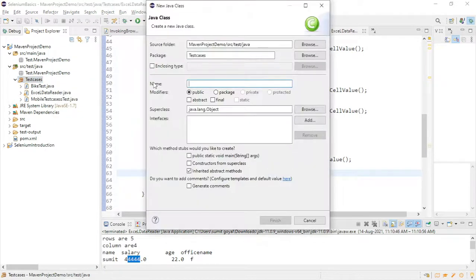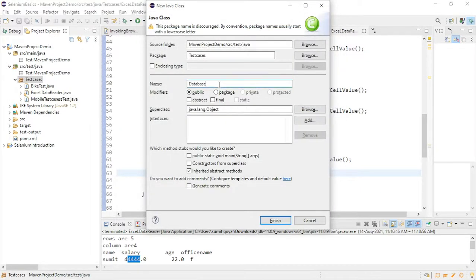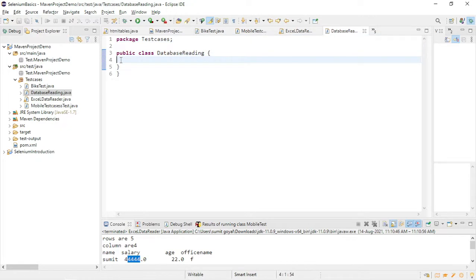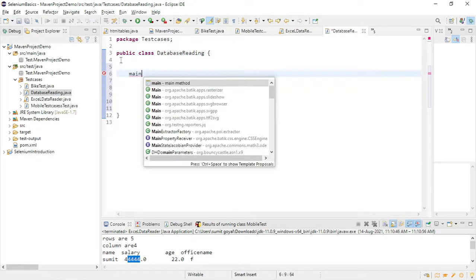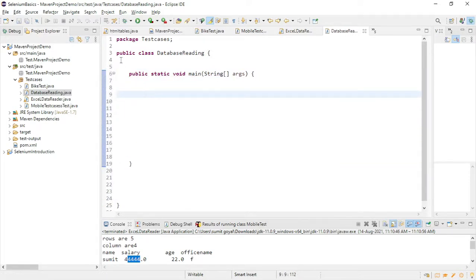Let me get one class. Class name is database reading. Sometimes in a project, people maintain all the data in their database. So if you want to fetch the data from the database, how can we do that? Here we are using MySQL as the database. There are many databases, but here we are going to see